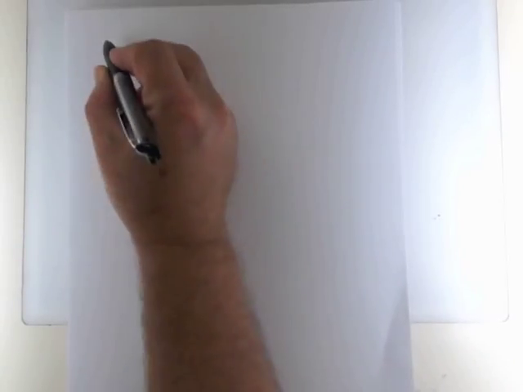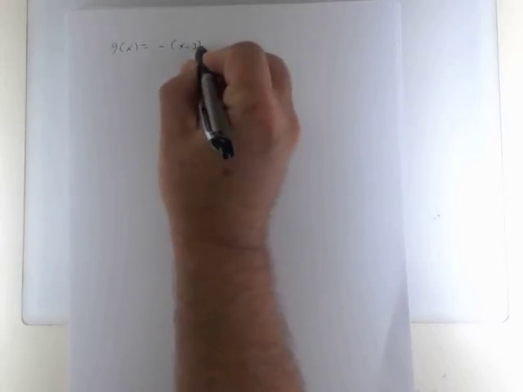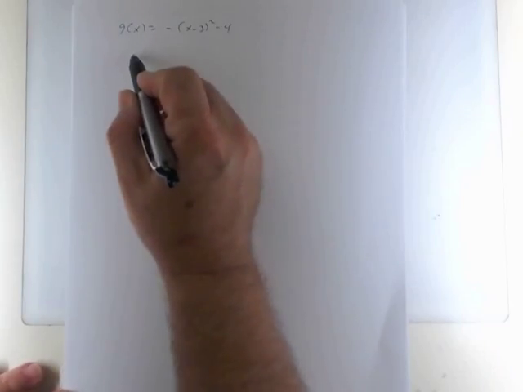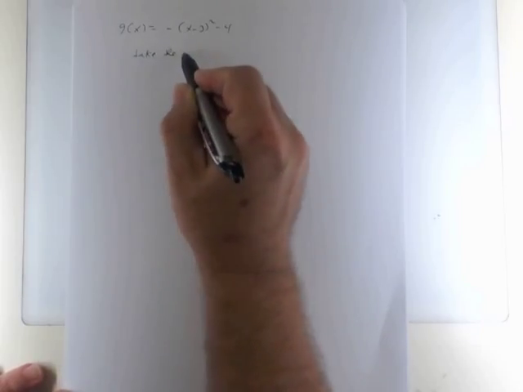The function we just did was this. Okay? So in words, this is what this is saying. In words, this is saying I take the parent function x squared,